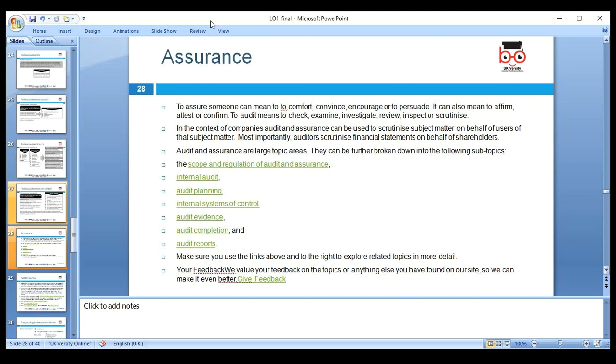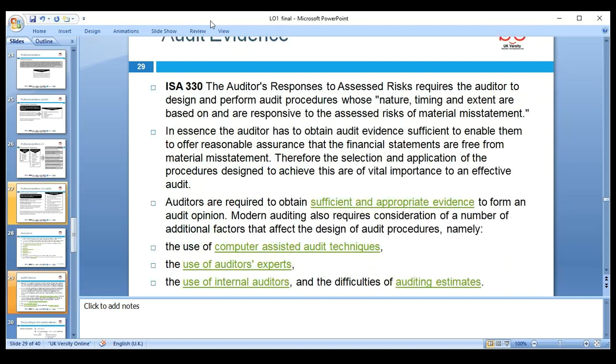So we need to look at internal audit. We can rely on it if the internal audit is independent. Are the same people working in the audit department? In audit planning, we need to look at the internal system of control. They are dealing with cash, paying with cash, or paying salaries in cash. Petty cash vouchers and segregation of duties we will go through more in internal control next lesson. Then audit evidence, audit completion, audit reports, and feedback, we need to look at all of these.